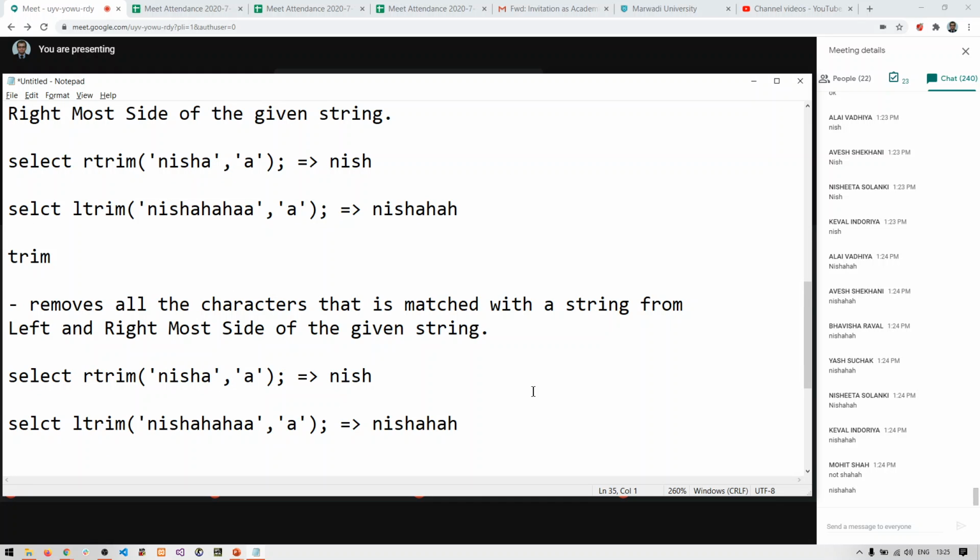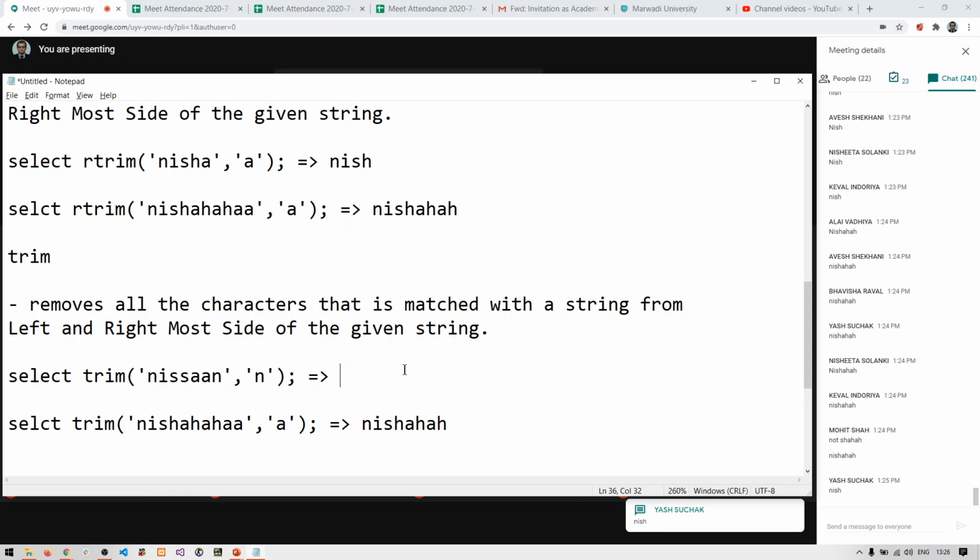So we are going to remove the characters from both the sides. Give me the answer for this. Remove all the set of characters that are being compared from the left hand side as well as the right hand side.